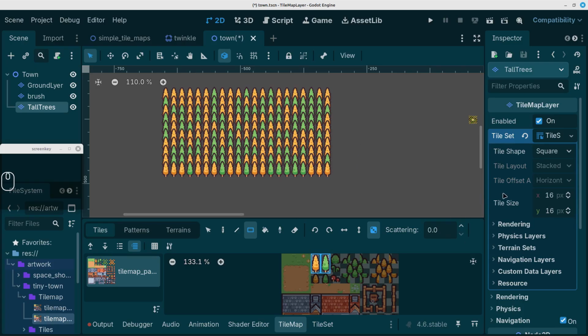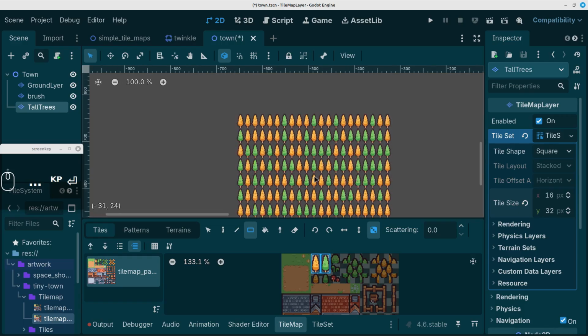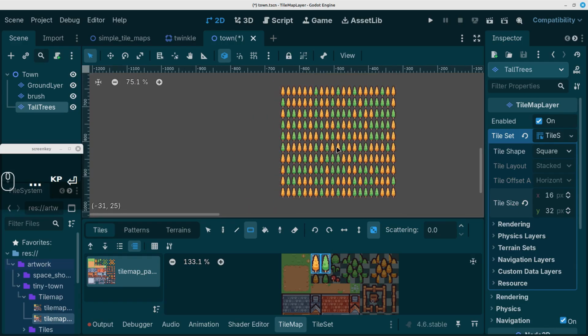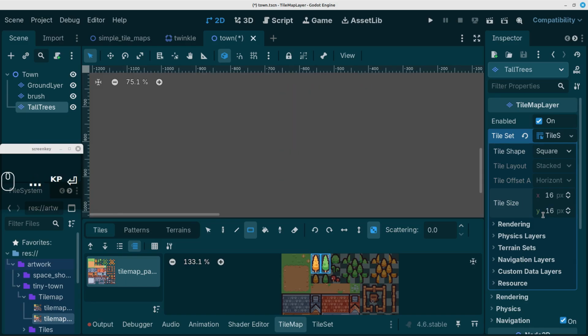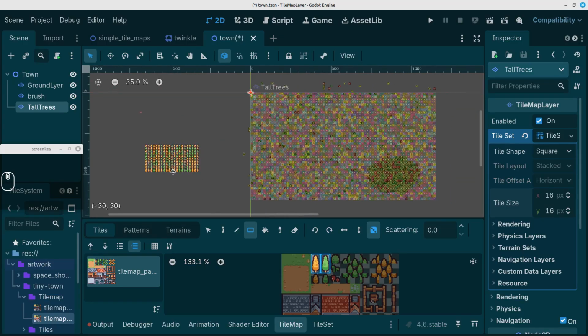If you don't like that effect, we can change the tile size on the TileMap layer and change that to 32 as well. And you'll see this is what happens. The trees are lined up on separate tiles without any overlapping. You can choose what effect you want. I prefer the overlapping, so let's just change this back to 16, and we have these trees that are overlapping on each other. Let's just delete that now,